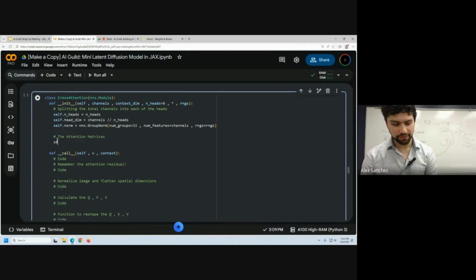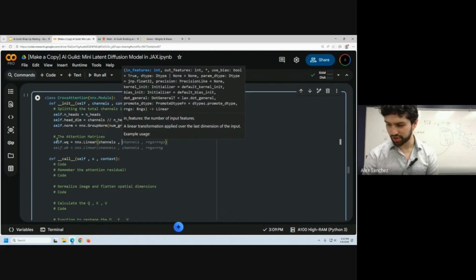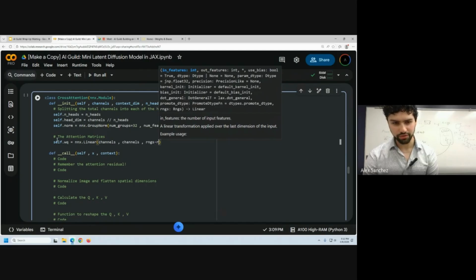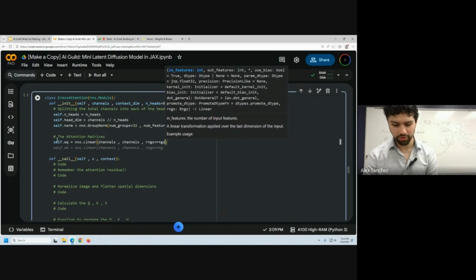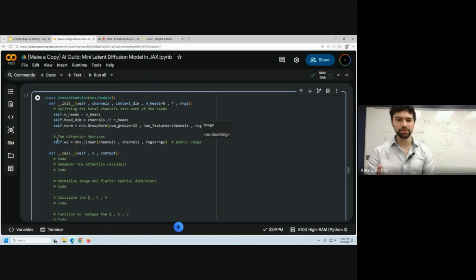So first we have the weight matrix for the query. And that's nnx.Linear, channels, RNGs equals RNGs. And I'm going to go up, this query belongs to the image because the image query attends to